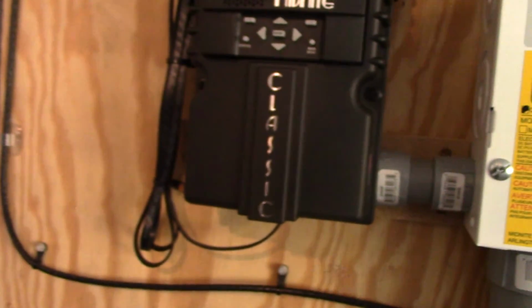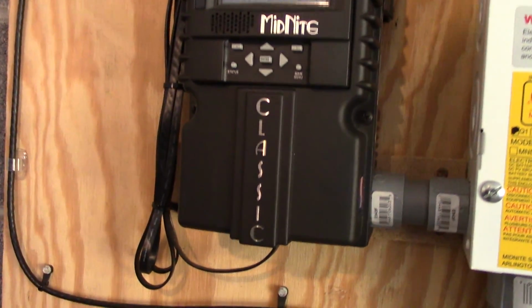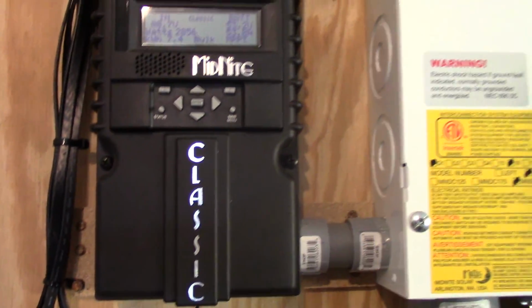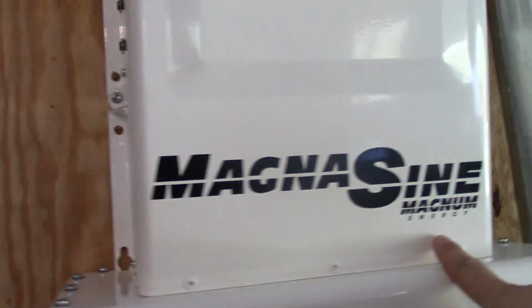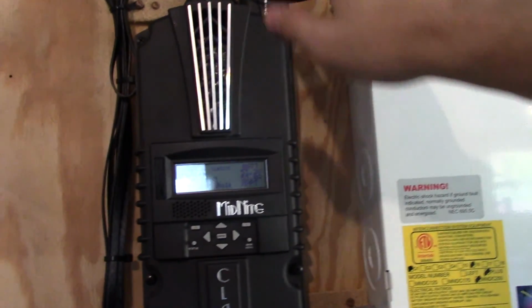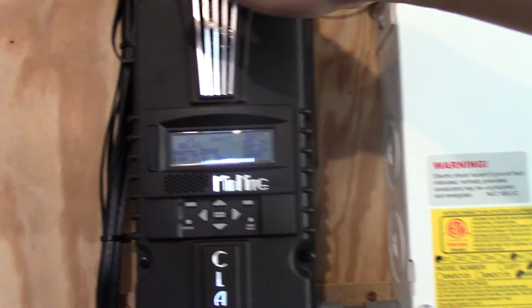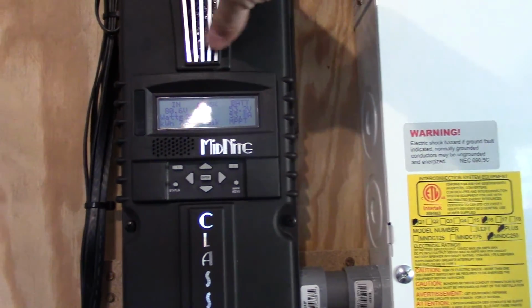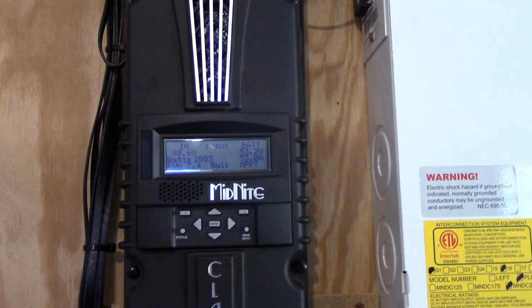The reason why we're consuming 2,700 watts right now is because I've got a wall heater plugged in to test the load of the Magnum inverter, testing the Classic charge controller. We're trying to put a large load on the system, that way it stays in bulk and stays out of float for now,